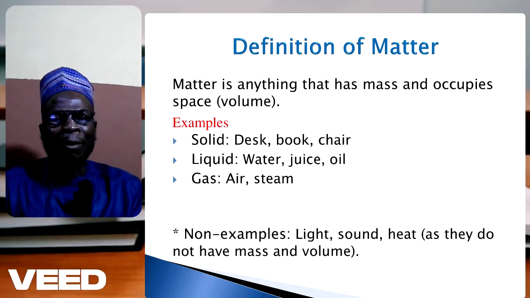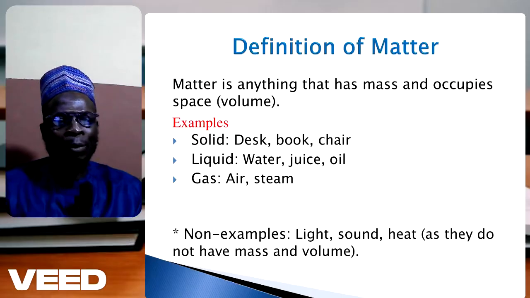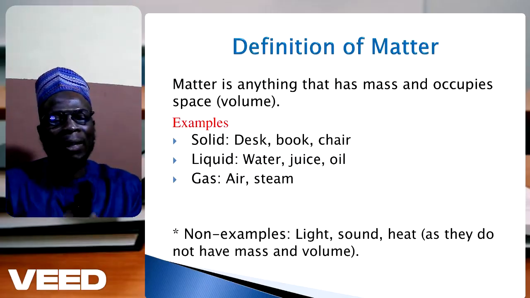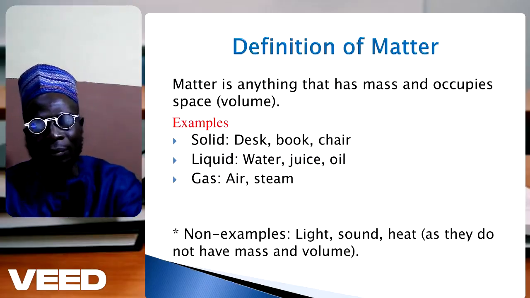Now, àwọn nǹkan kan wà tó sọ wípé kì í ṣe matter tí a bá ń fìlì wọn, tó sọ wípé we cannot see them, we can see them but we cannot hold them, we just only feel them like light. So light ní ìsìn báyìí ẹ kàn máa wò náà ni, kò gba ààyè kankan, kò níbi kankan tí tó gbà. Heat, kò rọ máa mú sí nǹkan kan yẹn, sórú àwọn yẹn, so they are not examples of matter.